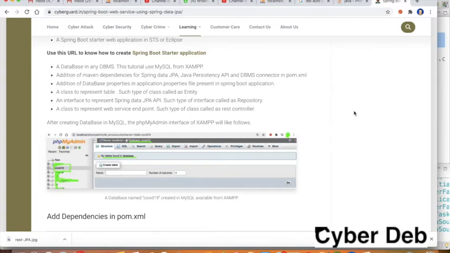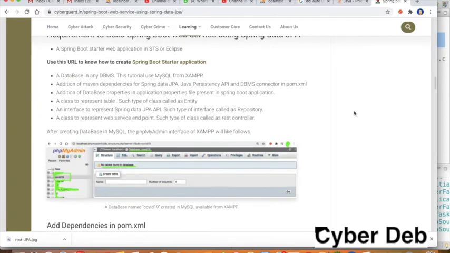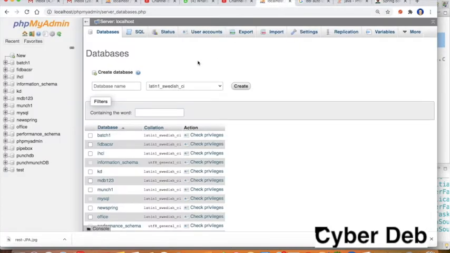First of all, what is the requirement? Let us have a quick look. We are going to need a database in our DBMS. This is what I have mentioned in the blog. As I said, I am going to use MySQL. I had already created the database, but I have dropped it so I can show it live in this video.